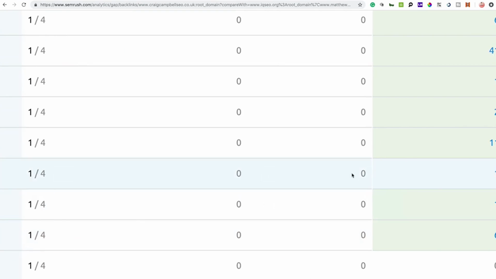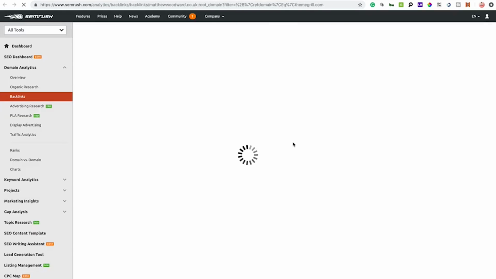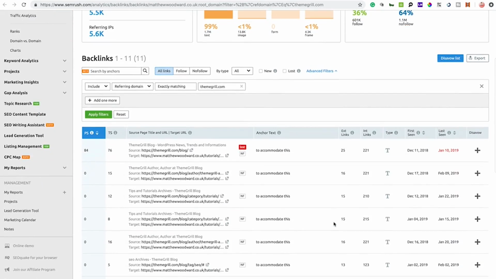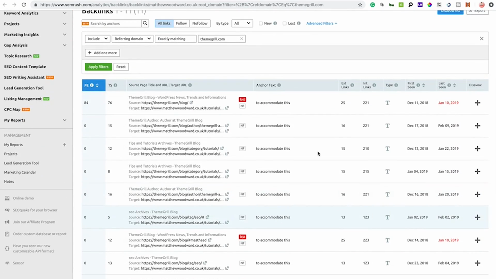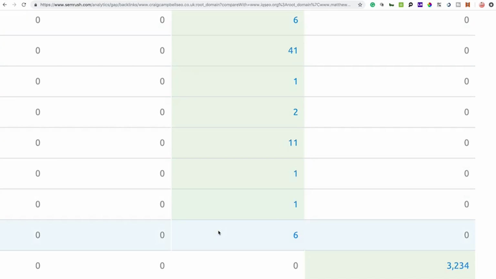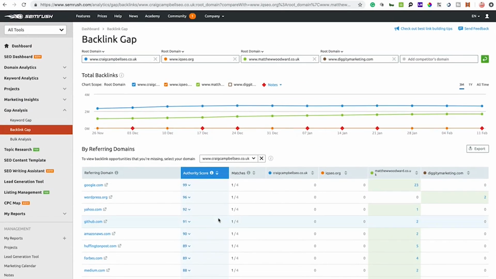As you can see, that's white. Then it's got the light green shading, and I can click on these to see what those opportunities are. And it just again takes me to the backlink tool, and it's going to give me the exact links that Matthew's got that I don't. And so it's really simple and easy to use, and it just identifies those backlink opportunities very easily for you, rather than get into a tool, checking what they've got, and then you do a bit of outreach and then you forget what the next step is. This puts it all in one nice dashboard for you,